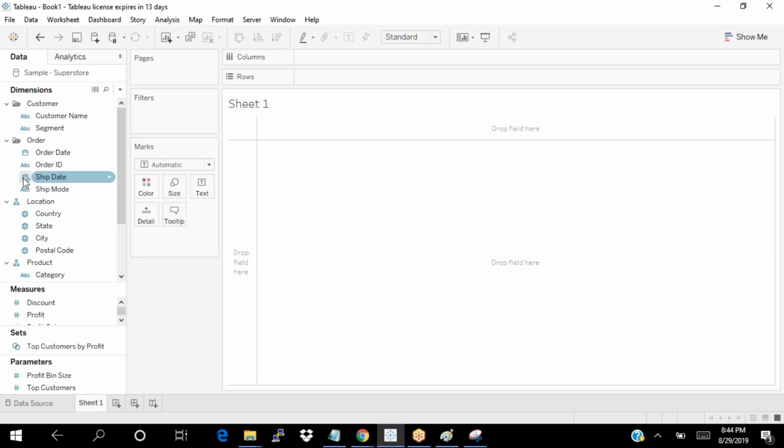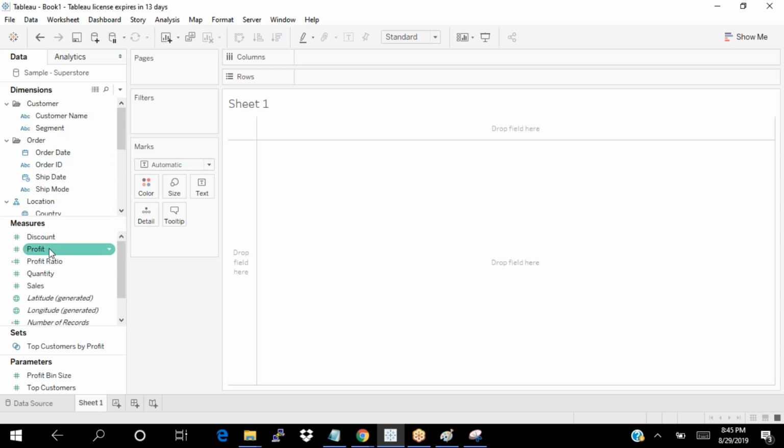You can see a calendar along with the clock symbol, which is a date and time dimension. All these textual, geographical, date and time dimensions are in the blue color. If you notice, measure values are in the green color. A measure is nothing but a value or a fact, and these measures are in the green color